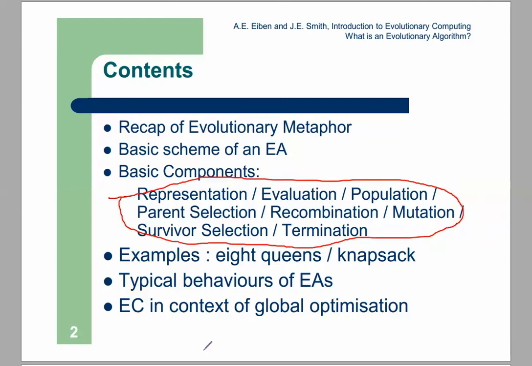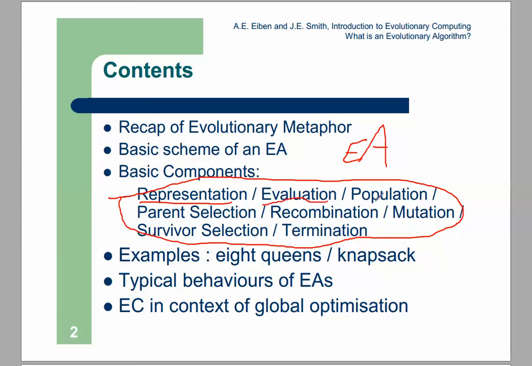In this part, we can see all parts of an evolutionary algorithm. An evolutionary algorithm contains some parts, some branches: